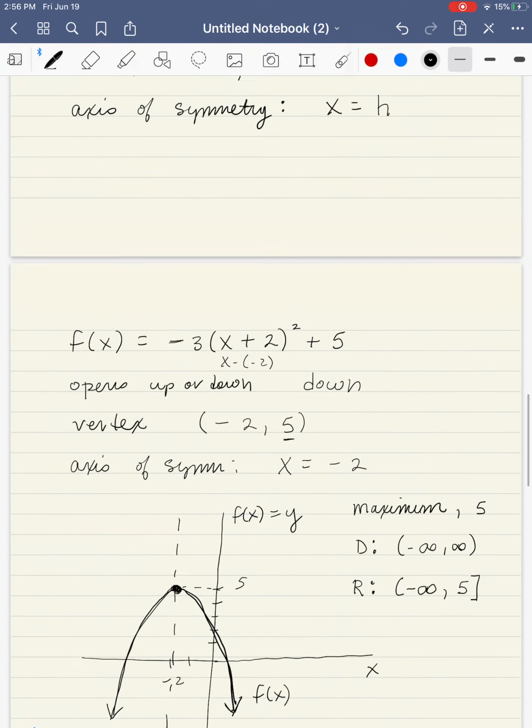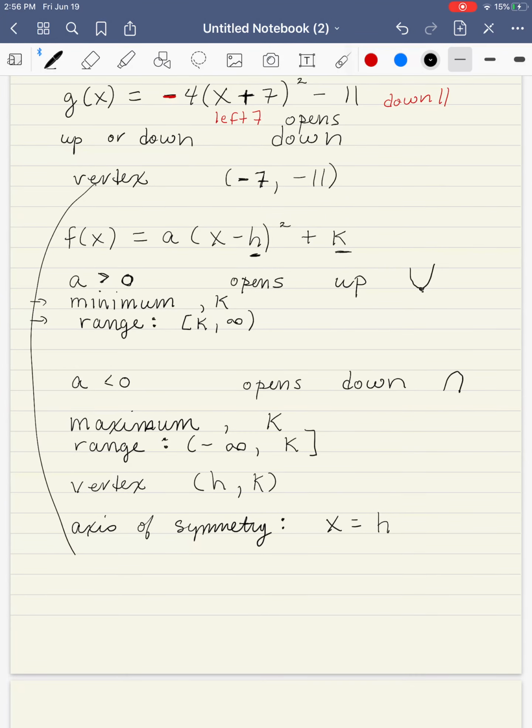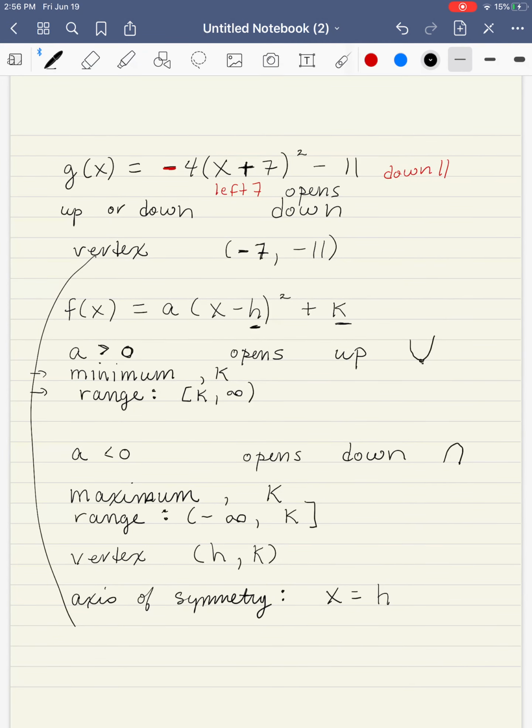In our next video, we're going to see what we do if we want to find all of this same information, but what if the original equation is not written in perfect square form? How can we find all of